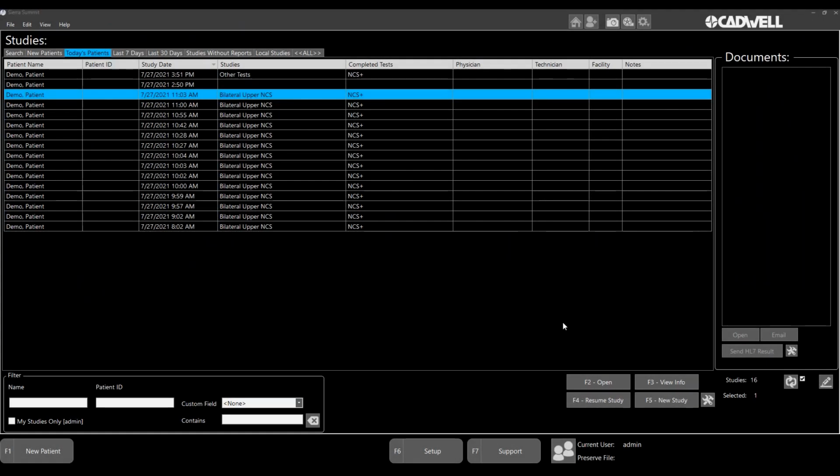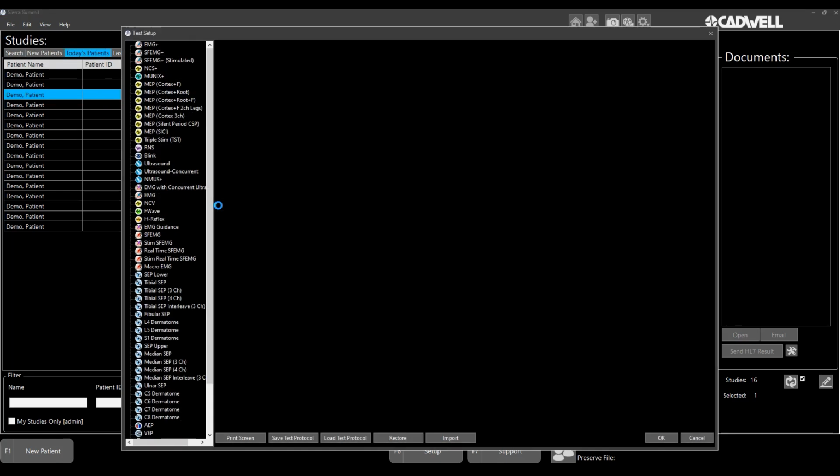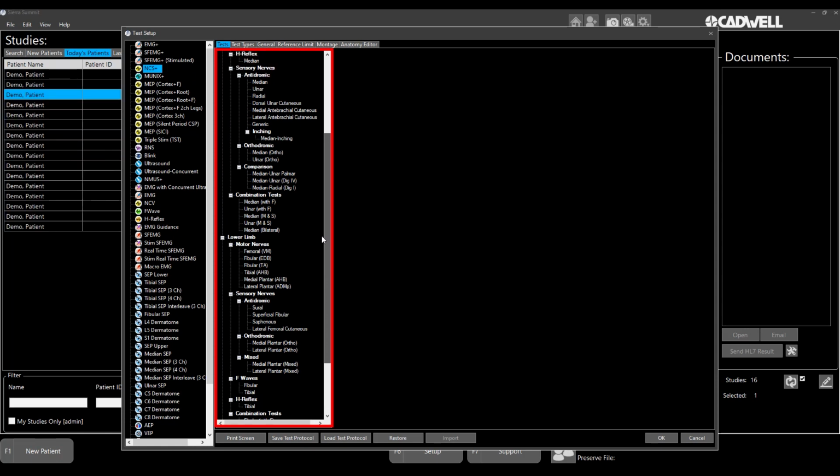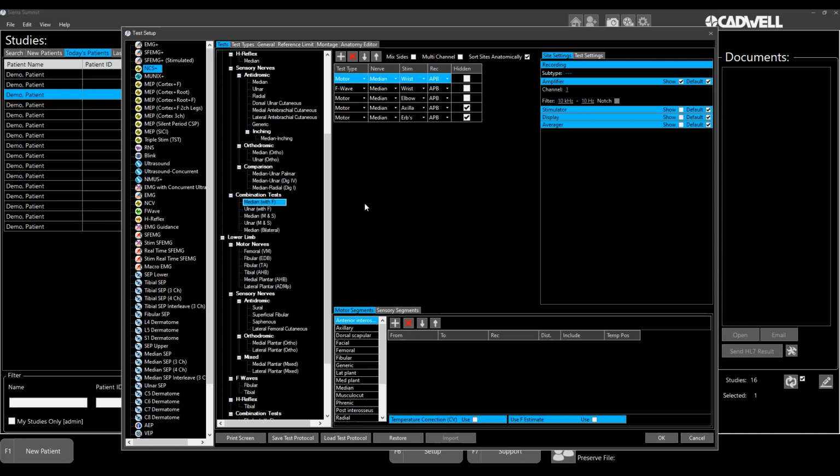Sierra 4.0 has a few features that allow a clinician to acquire good electrodiagnostic results with less stimulations. To set this up, go into Edit, Test Protocols, NCS Plus, and then I'm going to use an existing test called a combination test, and I'm going to use the combination test median with F. In this test, I'm going to add a site, and this site is going to be